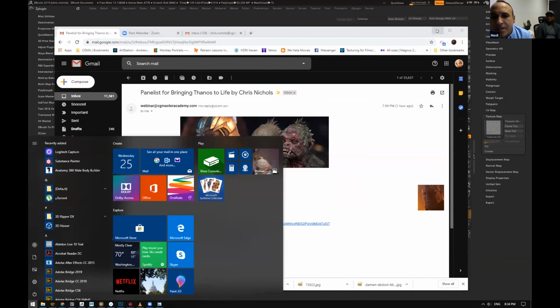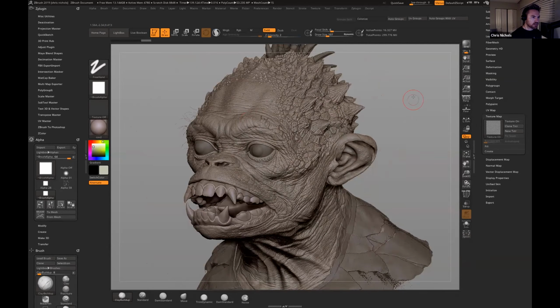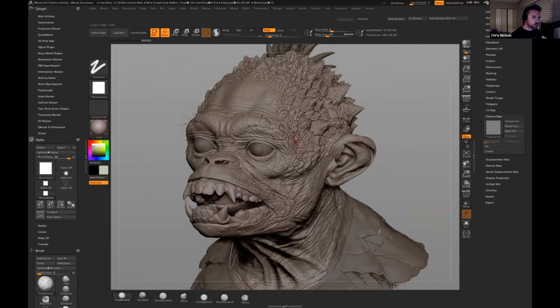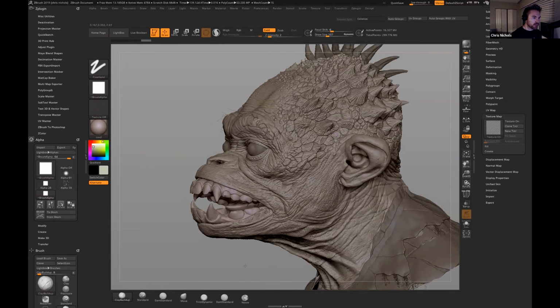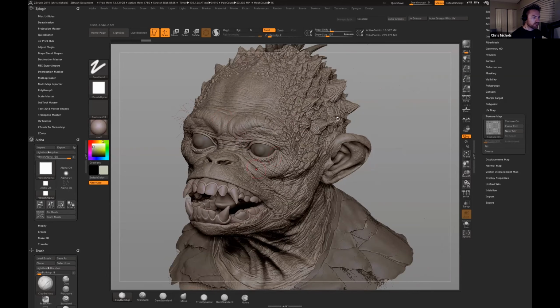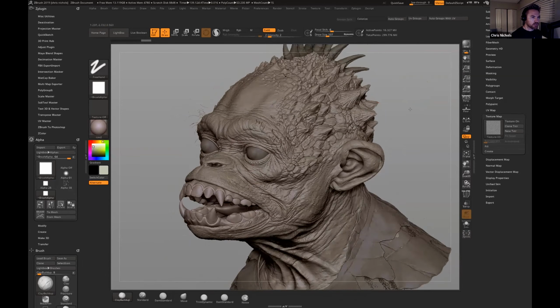By the way, is that model going to be part of the class? It is. Yes. So I provide this mesh as a starting point, and it's simpler than this though. It doesn't have all the detail that I've created. That's up to you to create. But it's a more simplified version of this model without all the finer detail put in there.